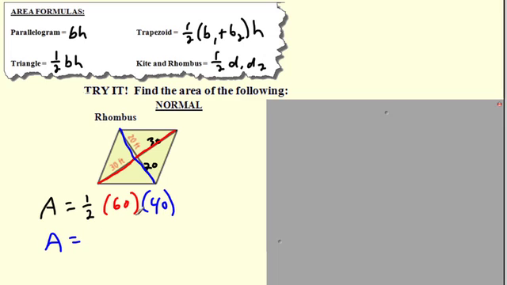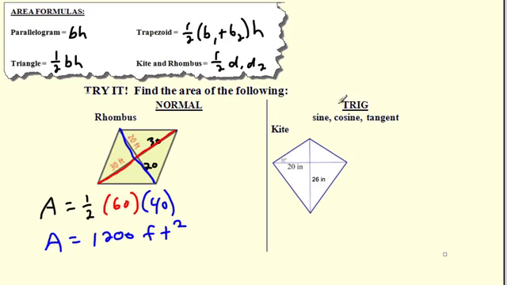Half of 60 is 30. 30 times 40 is 1,200. So this is 1,200 square feet. Awesome. And if you want to go calculator, just go calculator, type it in. A kite now, and do a kite. And this is a